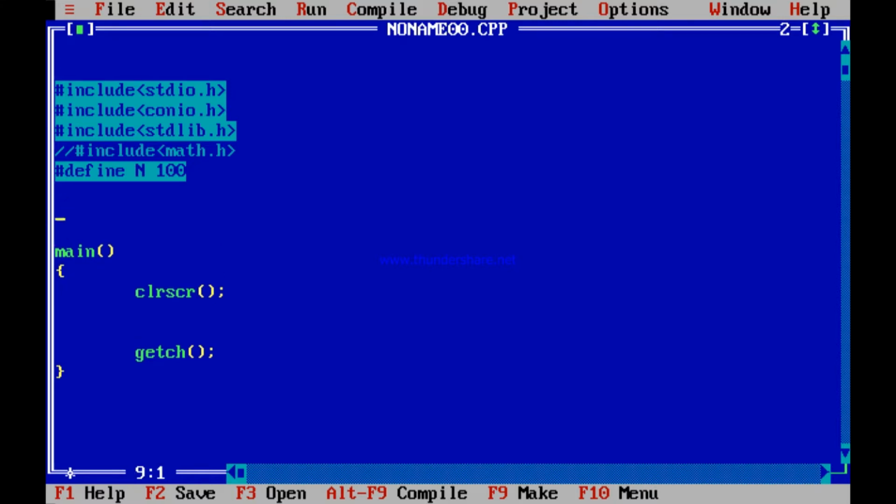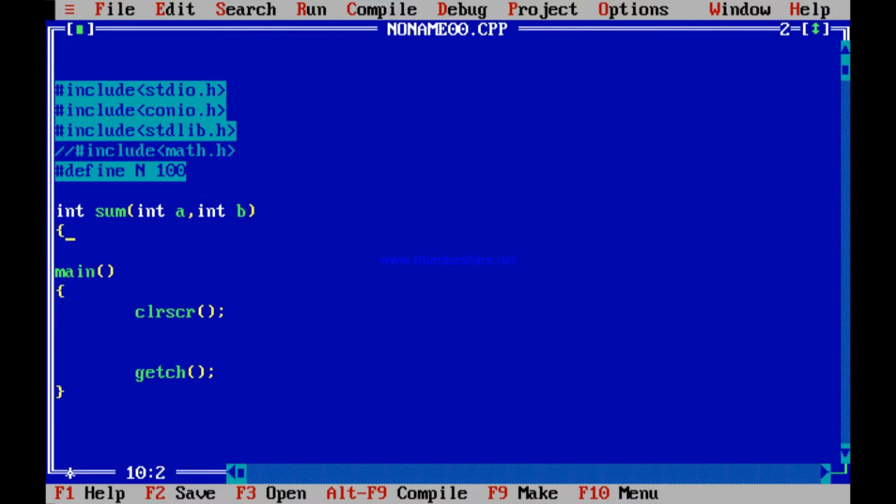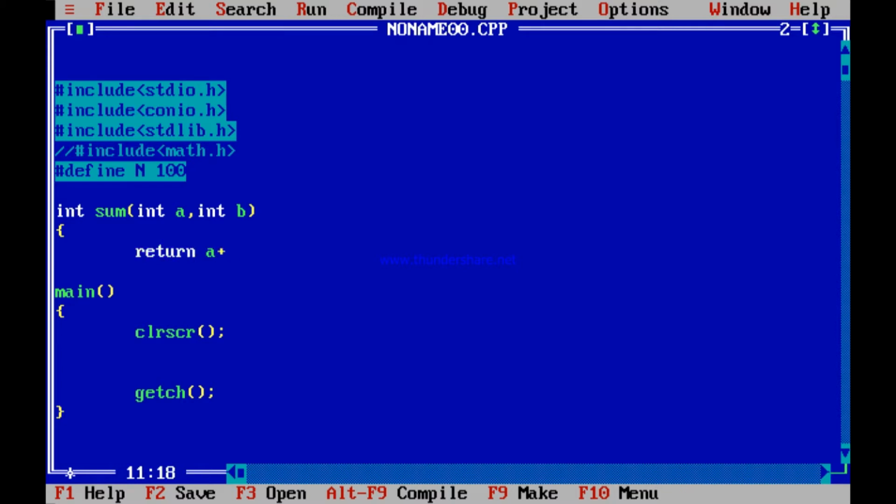See, firstly, if you remember, the sum function was meant to add two numbers a and b. So definitely its prototype is int and int to be received. So I receive int a and int b, and adding these two, it is supposed to return the sum. In such a program you need to write only one line of code: return a plus b. You can also do sum equal to a plus b, return sum, all these things you can do. But this one line of code will also work: return a plus b.